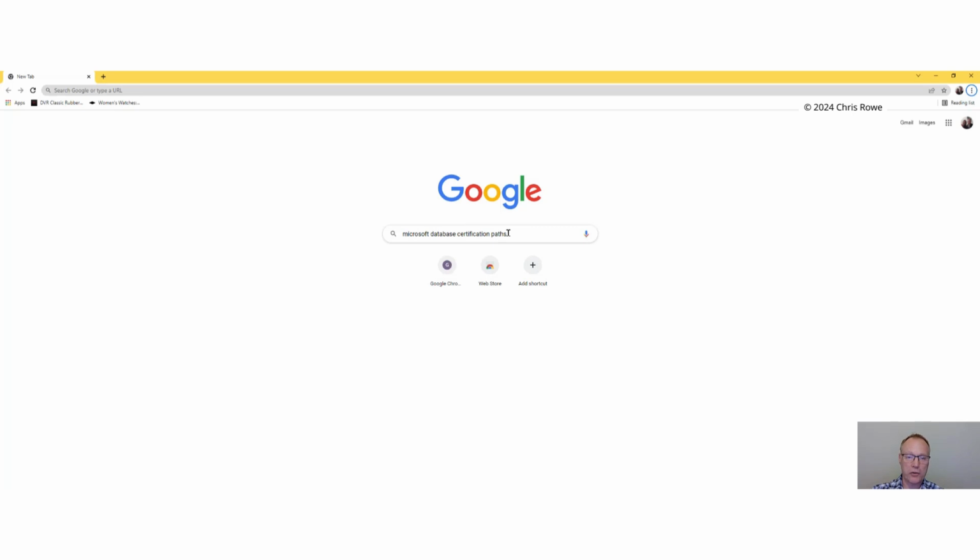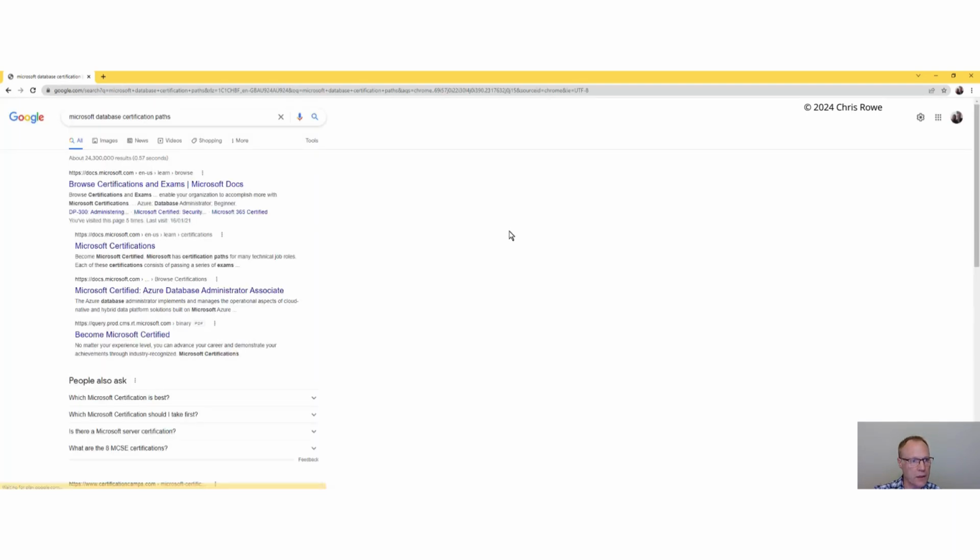Now it can be quite tricky to navigate to where you want to go, because a lot of places are trying to sell you Microsoft qualifications of some sort, but we're going to go straight to the Microsoft site using this little search, and you can see quite a lot of different web links come up. All we're going to do is click on Browse Certifications and Exams.